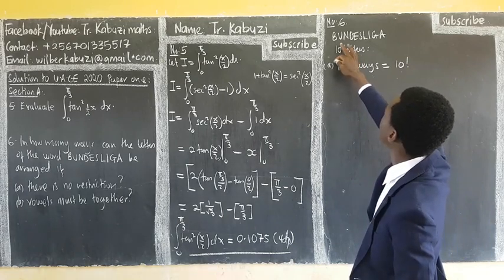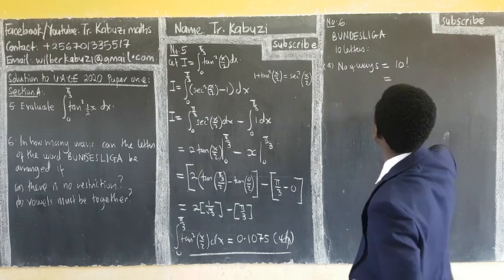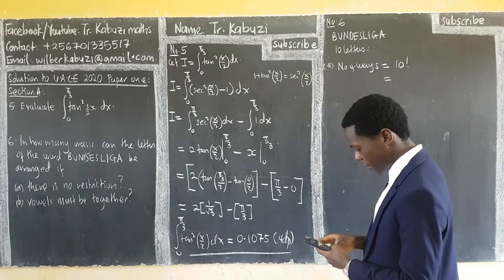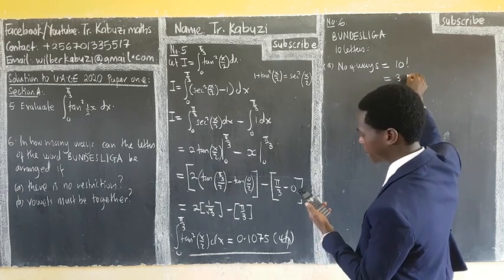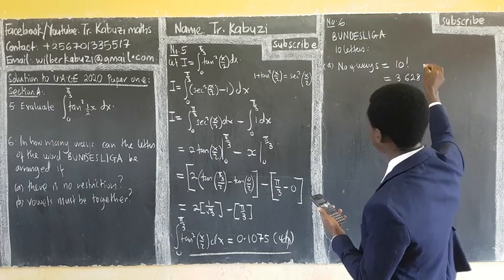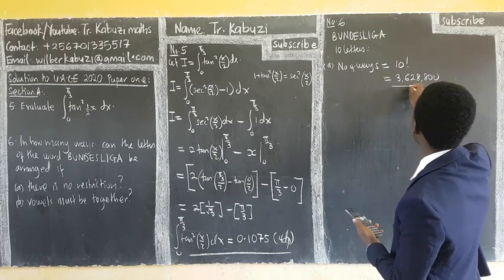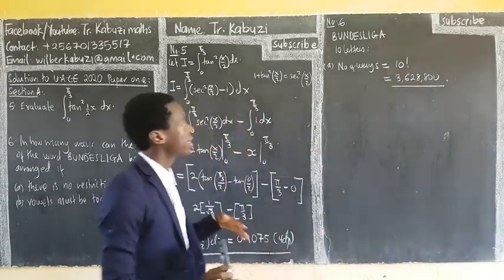So there are 10 letters, and all of them are very different from each other. Then you press it on the calculator. So 10 factorial is going to be 3,628,800. So those are the number of ways you can arrange this word without restriction, as simple as